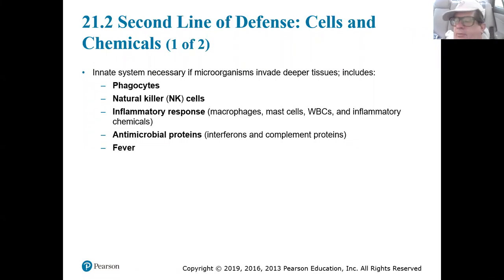Okay. So your second line of defense is for when the bacteria or whatever has already crossed the physical barriers, past the mucous membrane. It's in the body. What do we do? Well, we're still going to respond with innate defenses first, meaning not ones we developed to fight back custom for this bacteria. Well, that's adaptive. We'll get there eventually. And in innate defense, we got a couple types of cells, like